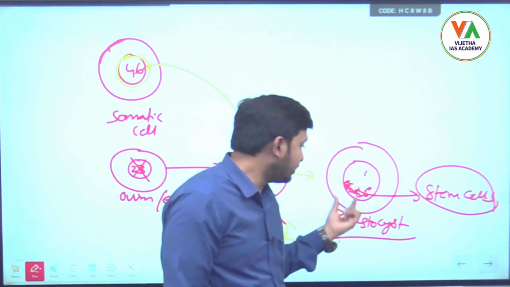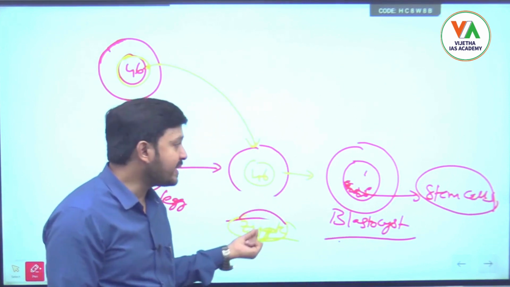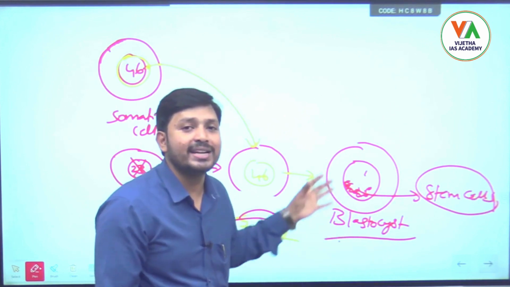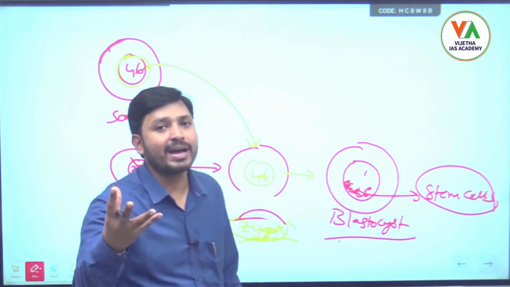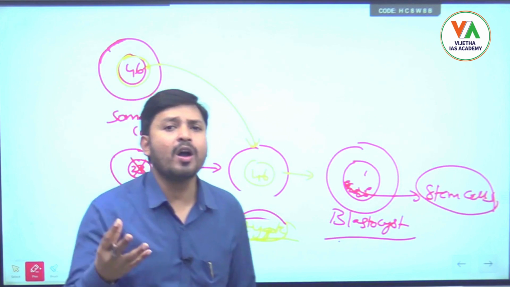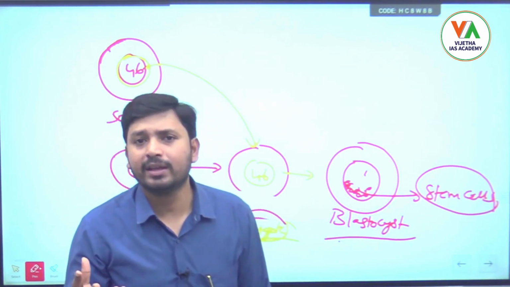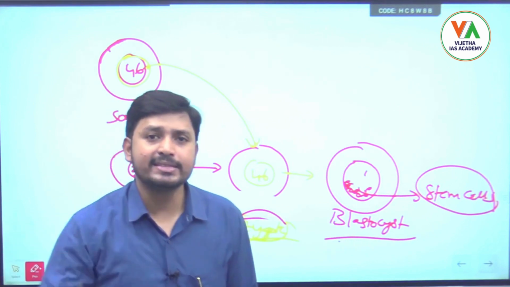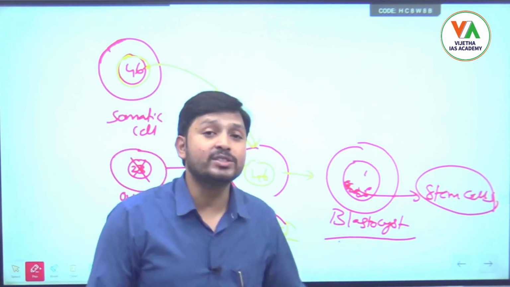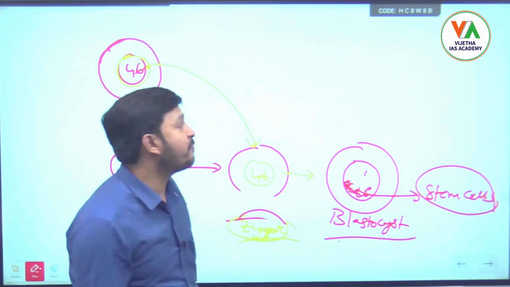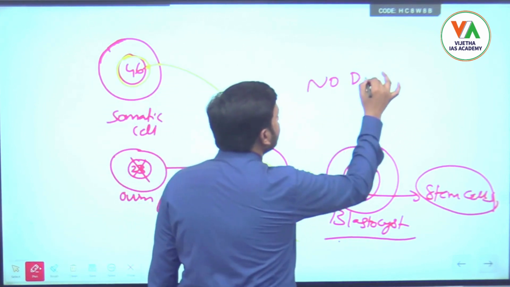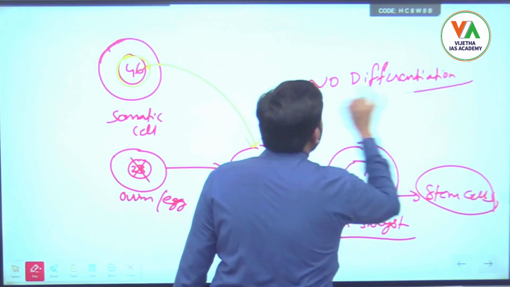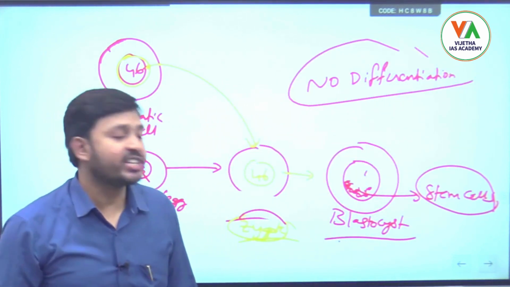Because still, see, this is the single cell. This single cell has been multiplied and divided into a different group of cells, and it is formed into a lump of cell mass which is called blastocyst, right? All these cells will have the same property, because all these are formed from the same single zygote, right? And remember, till blastocyst there is no differentiation. Remember this term. Till blastocyst there is no differentiation in this cell mass.